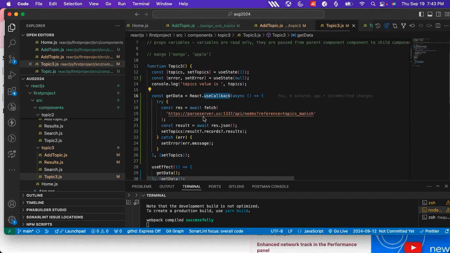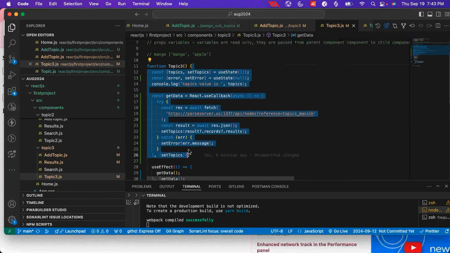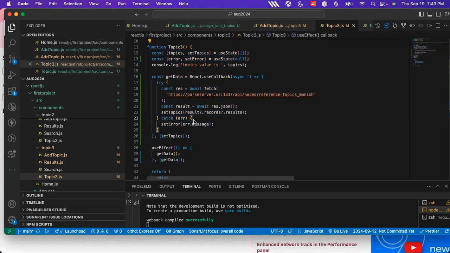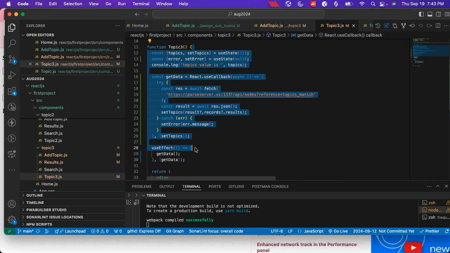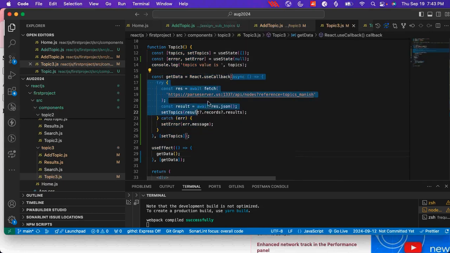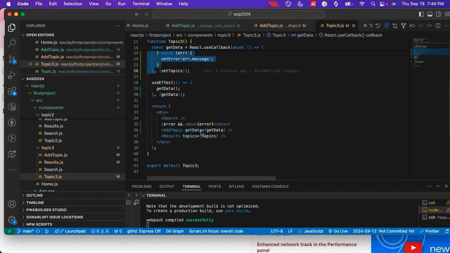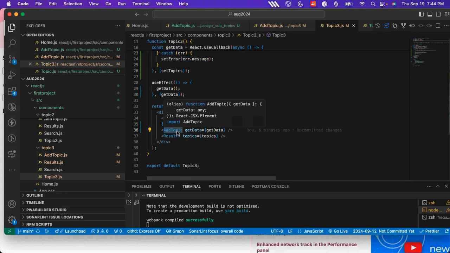Any questions on the use callback? Okay, let me talk about the caching part. So whenever this topic is getting updated, this whole component will re-render again and again. Because this component will re-render again and again, that means it will be generating a new copy every time it re-renders. And we are passing this get data here, so that means every time we are passing a new copy to the add topic,